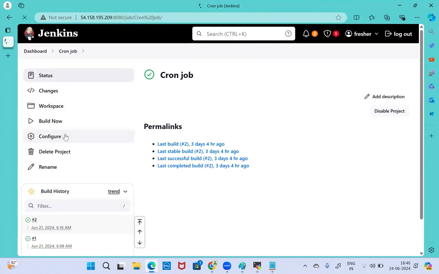So let me go to configure. In the configuration section, in the cron job, I'm going to show you how to change the